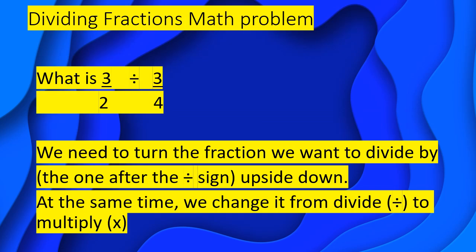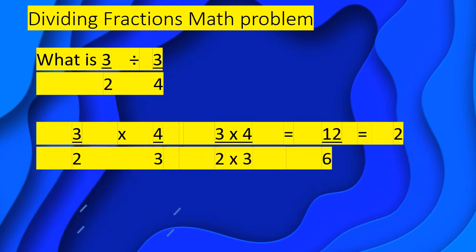So we need to turn the fraction that we want to divide by, which is the one after the divide sign, upside down. And at the same time, we need to change it from a divide sign to a multiply sign. So we have 3/2 divided by 3/4. We're going to go through step by step how that converts into the next row, where it's 3/2 divided by 4/3. So step 1,